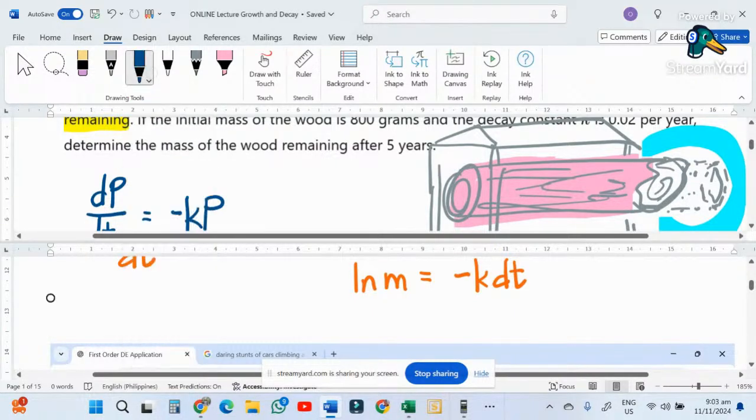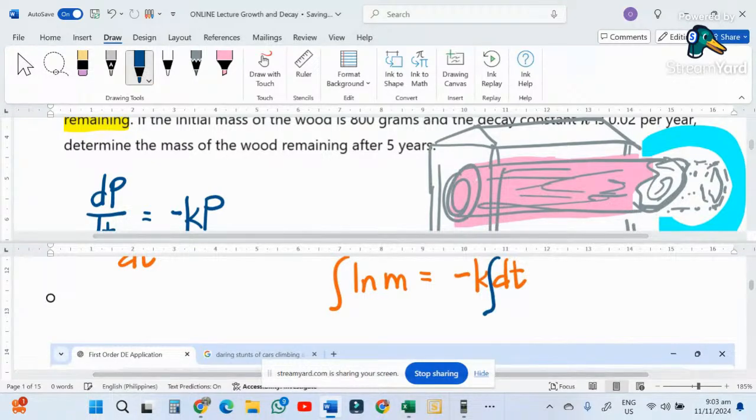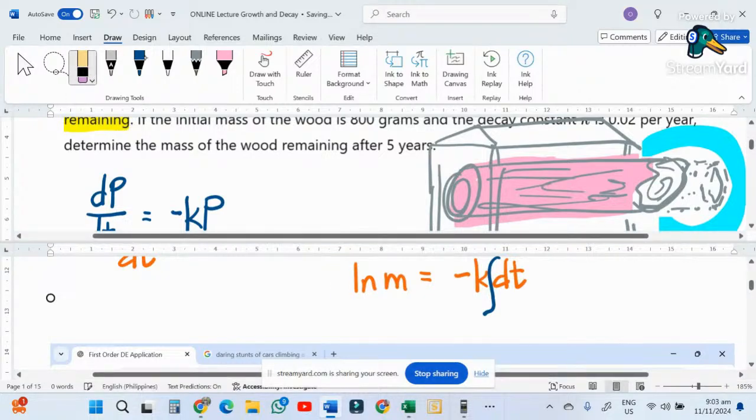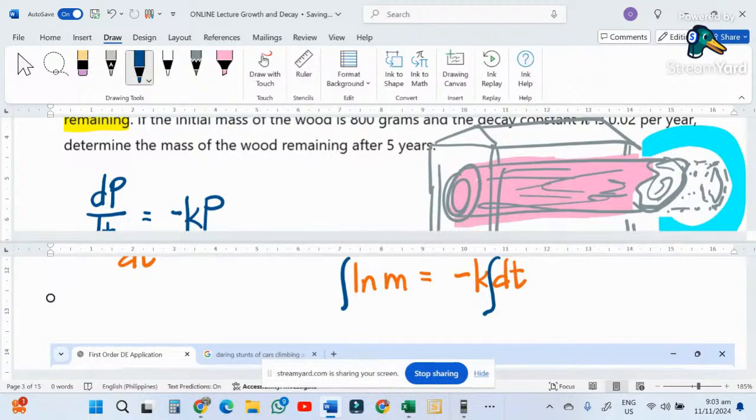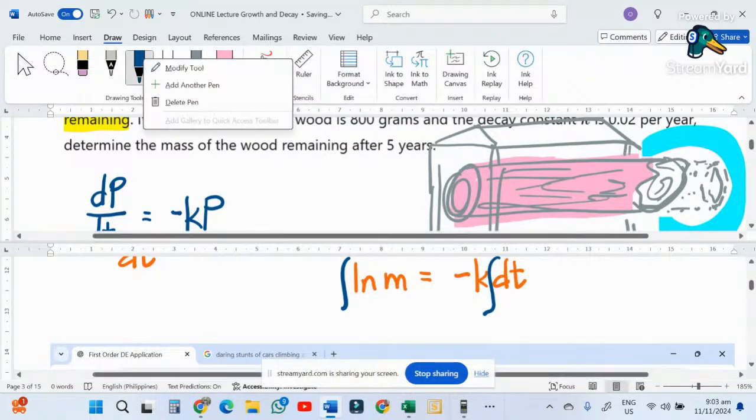Okay. Next thing we have to do is to integrate. My pen is going wonky. There, that's the one I missed. So you have to integrate ln m will be,